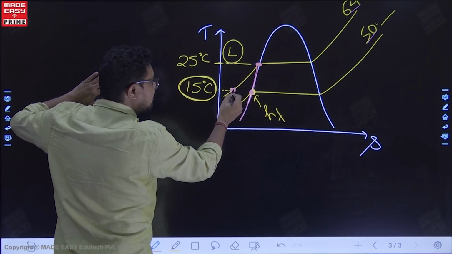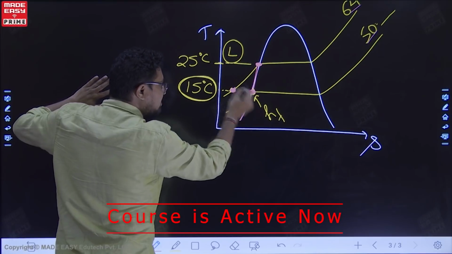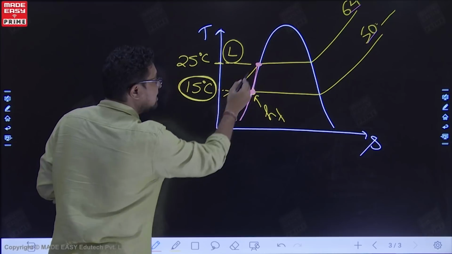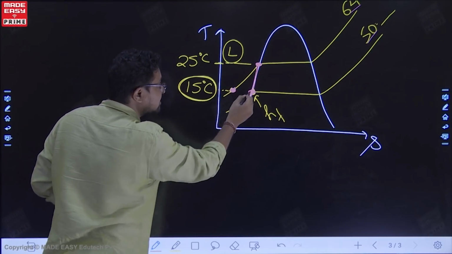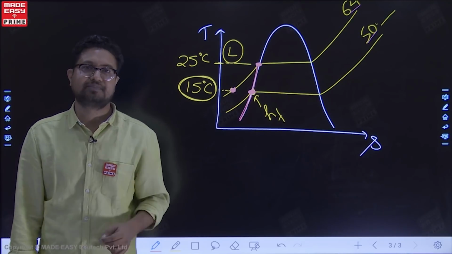So what we are doing, we are assuming the enthalpy at this point and this point is almost the same. So we are taking this data to be equal to this data. Why? Because practically the curves are passing like this, with almost coinciding points. The difference is negligible.